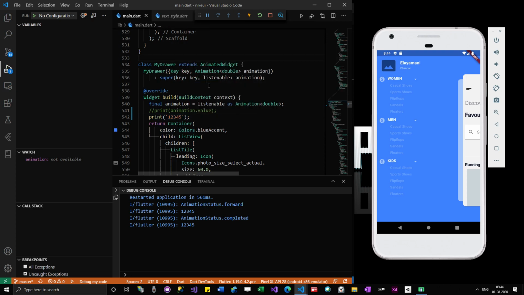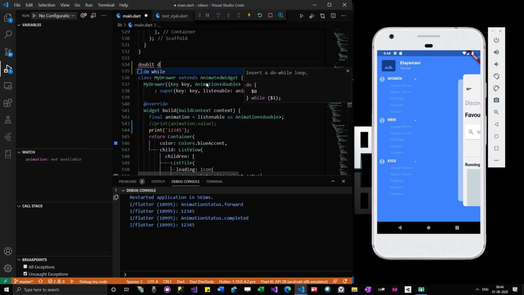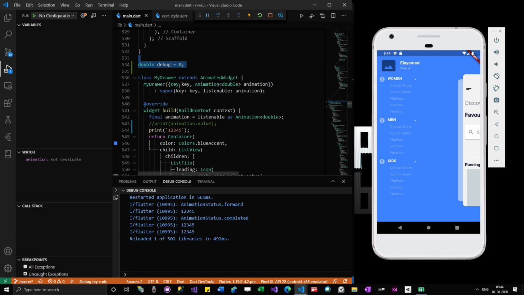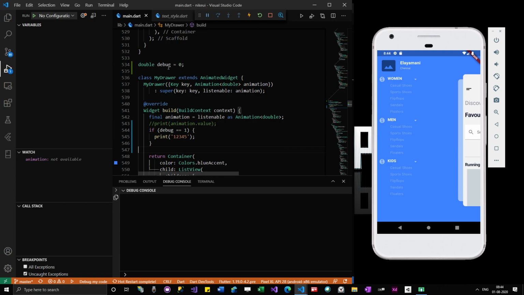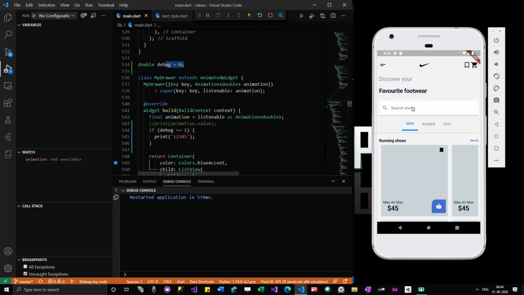What else I can do is, I'll add a global variable where debug is equal to 0, and then I will add a condition over here: if debug is equal to 1. Okay, not 0, I will change this to 1. So now in this case, because my debug option is equal to 0, you can see